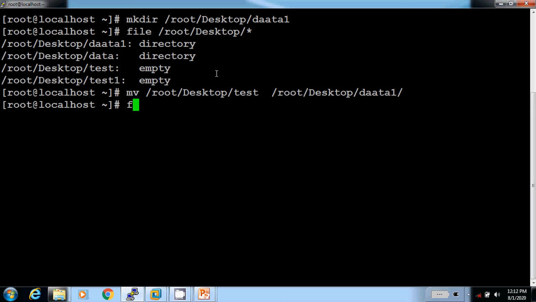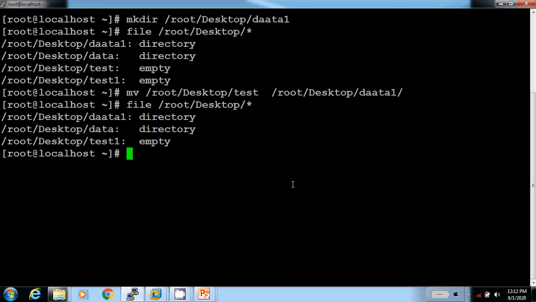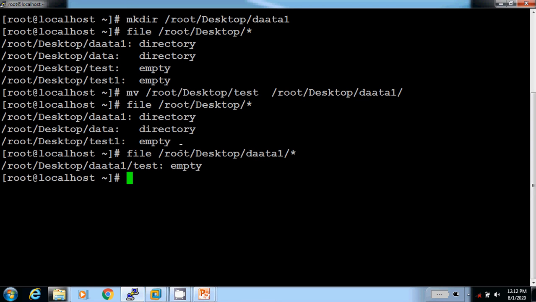Then check. See, there was a single file and one test file is moved to the data1 folder. So I will check with the file command whether the file is available in my data1 folder. The file is available.